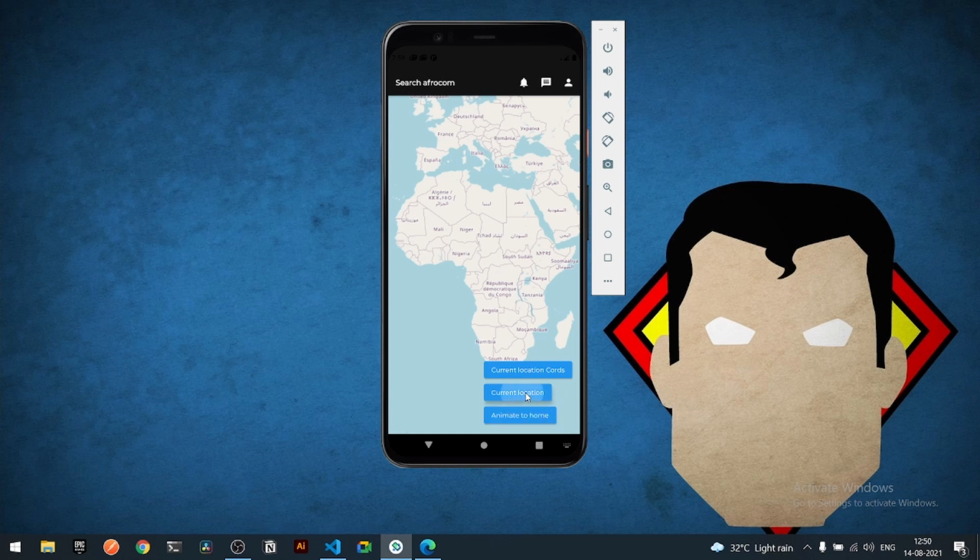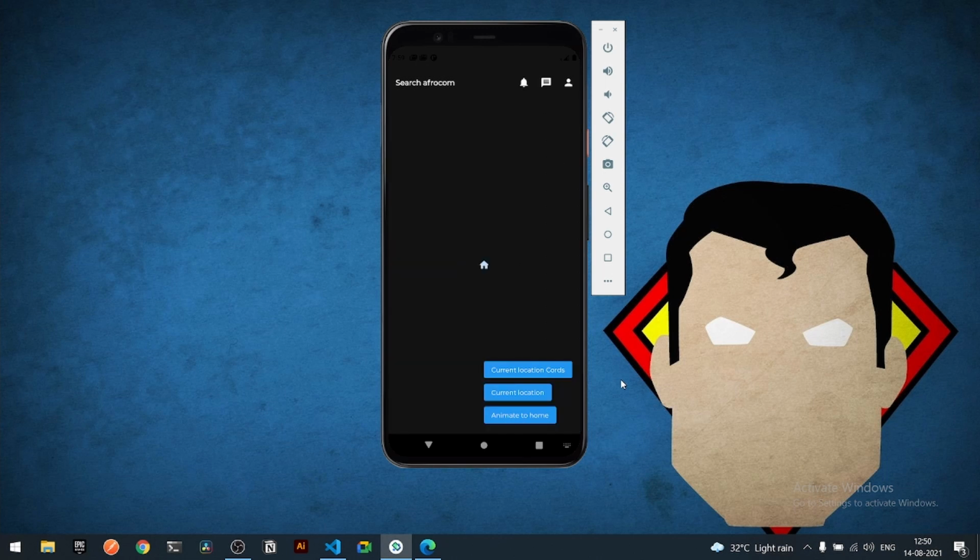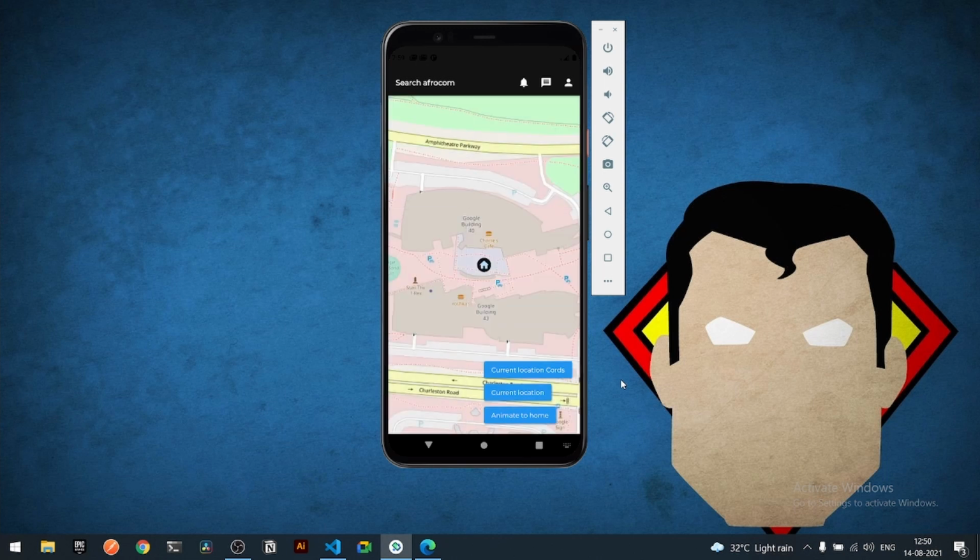After that, if I tap over current location, you can see I will be getting the following pop-up, and it will be fetching my current location, which is in California, Santa Claus, USA, etc. Right, so both of these features are done for getting the current coordinates and current location. Now let's try to navigate the user to his current location's address. So here if I simply say animate to home, it will be scanning the location of the user, and it will be successfully moving its camera to the location of the user, that is his home address.